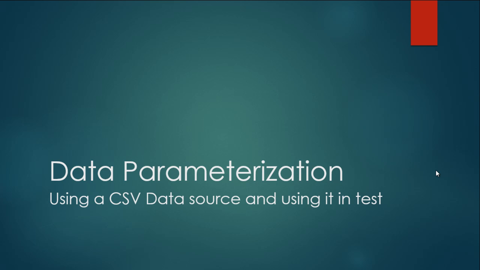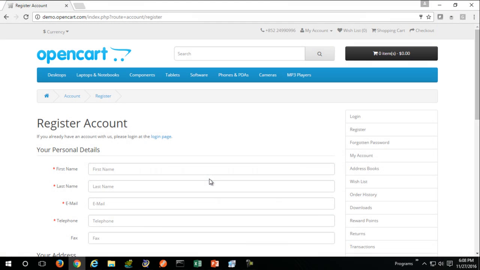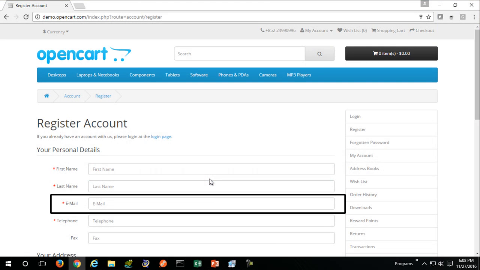called data parameterization. This is a follow-up video tutorial. If you have not watched the earlier video tutorial, I suggest you go through that once. In my last video tutorial, I tried to dynamically parameterize our email ID such that it does not become duplicate every time we register our users. So what I'll do here is parameterize the remaining data sources. I'll be using a CSV file. CSV stands for a comma separated values file. And let's jump right back into OpenScript.